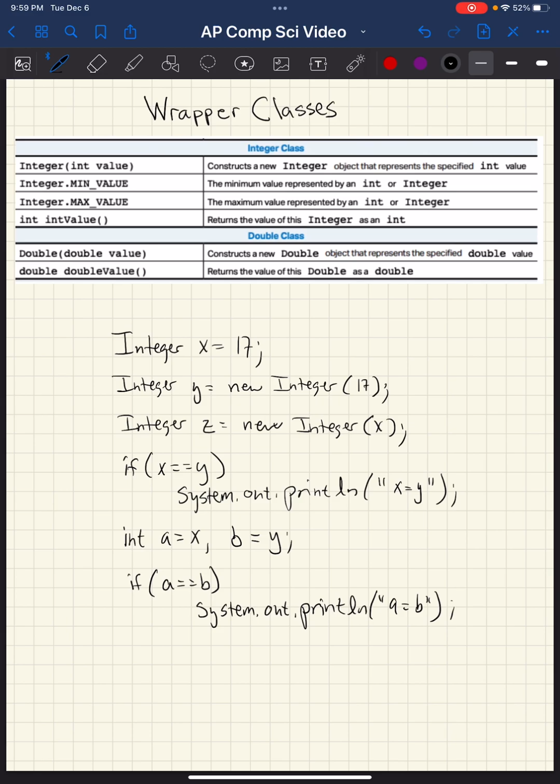Those are equal because they're primitives. And if x equals a, actually let me do this. If x equals b,